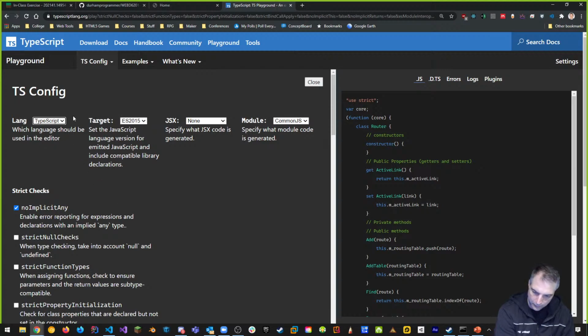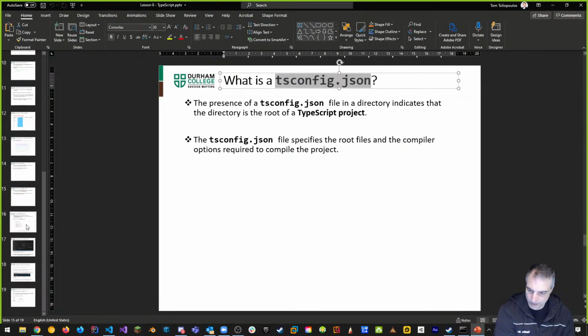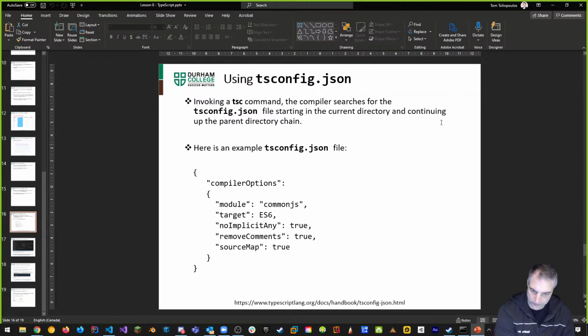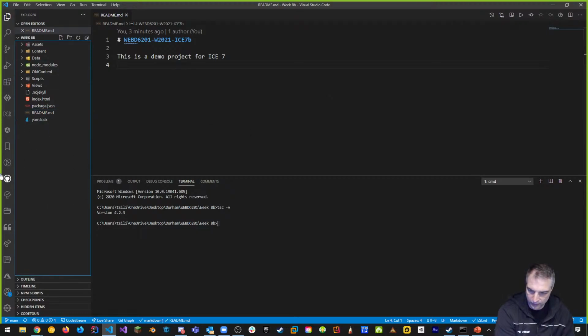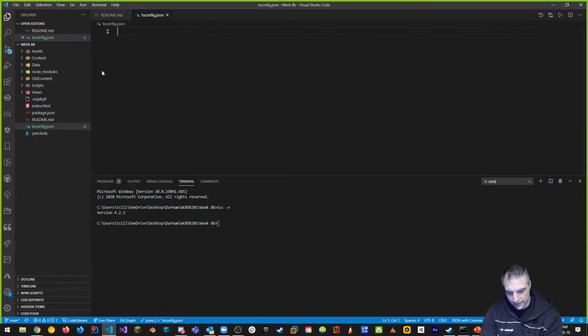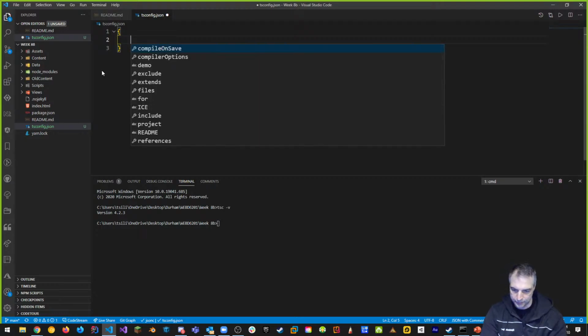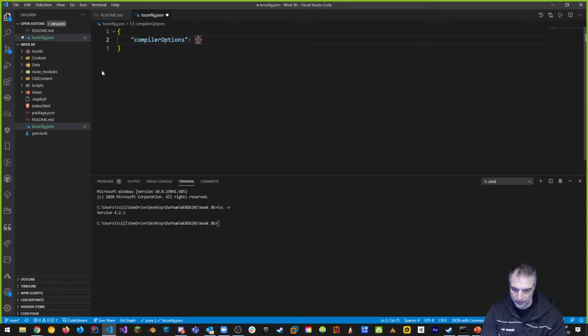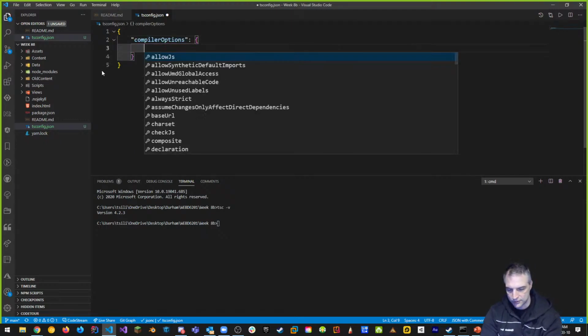We're going to do the same thing with our tsconfig file locally. Let's make a tsconfig file. It's going to look like this, tsconfig.json, and we're going to put it inside of our project. So going back to our project, I want to make a new tsconfig.json file. I want to put in two curly braces, and use Control Space, which is going to bring up some options. I'm going to choose compiler options, and under compiler options, I'm going to choose a couple things.